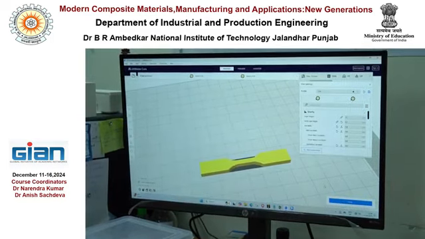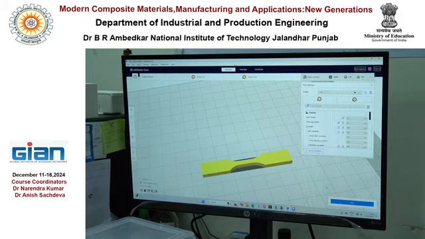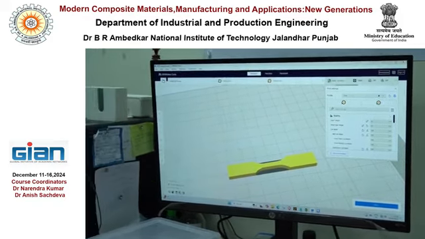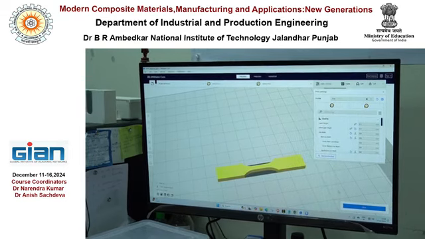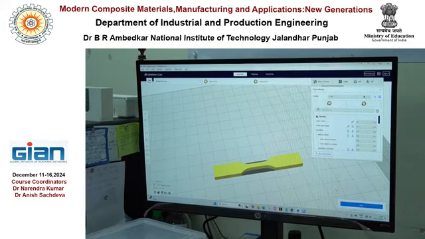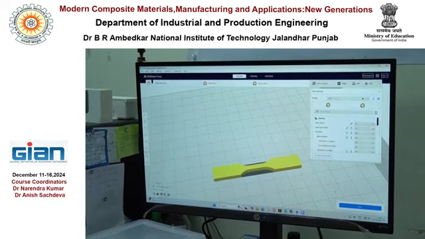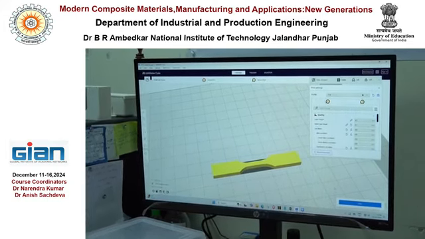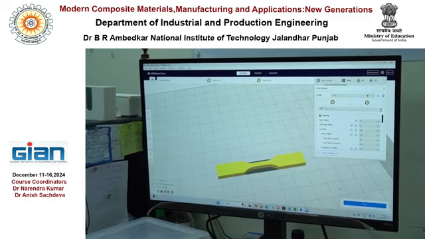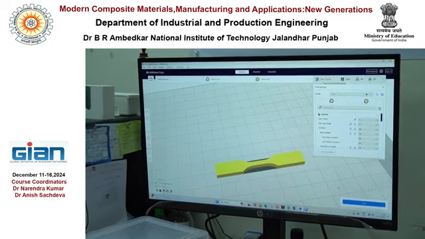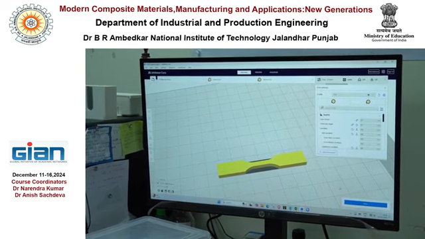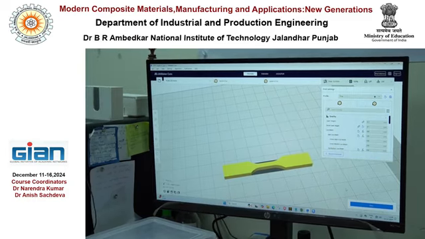print bed because we have already selected the printer type, right? We have selected this printer in the software, so it will automatically fetch the information: what are the process parameters of this printer that can be monitored or varied. The second thing is the exact build size of the platform, because this is a standard printer that is available in the market. So here he has imported that STL file, and now he will